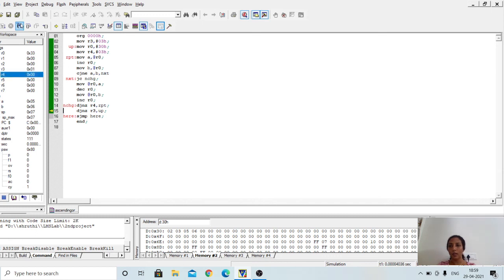Now R3 is decremented, so the complete comparison between the consecutive elements for the third time is completed. So the array is completely sorted now, and the numbers are in ascending order. So that is all about this program. Thank you.